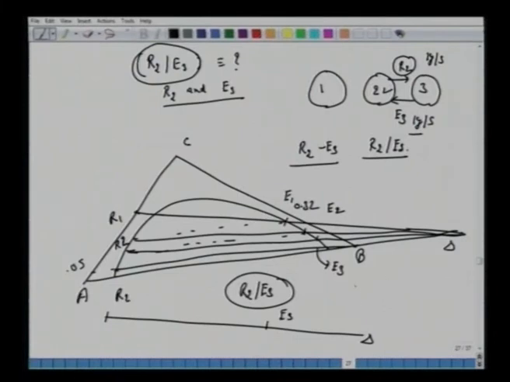So apply lever rule, R2 over E3 equals length of the segment R2, excuse me, this becomes E3 segment del, so this segment over E3,